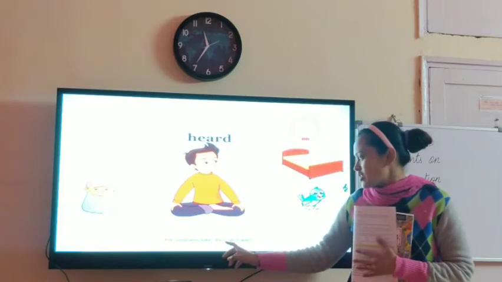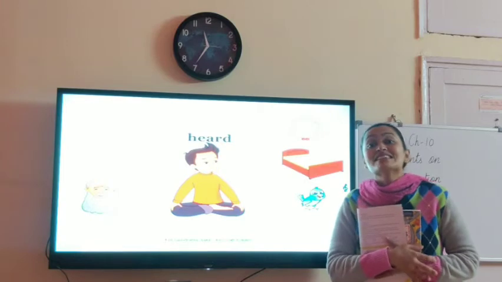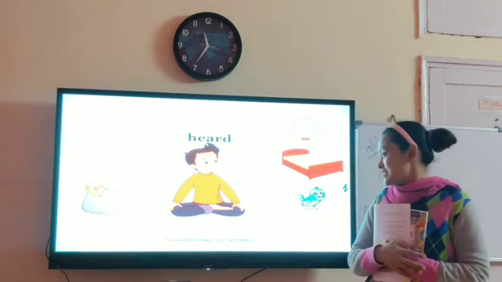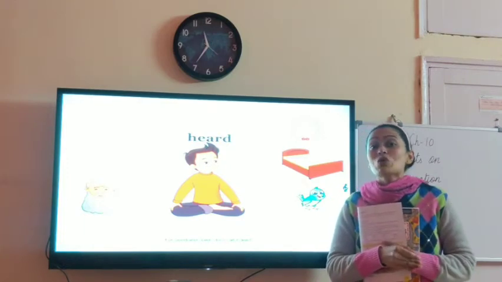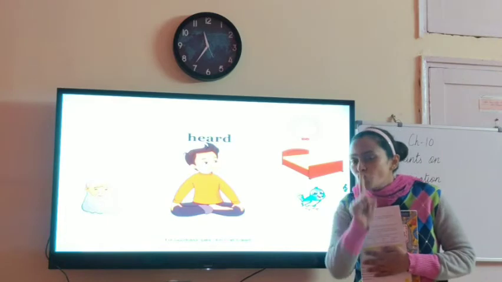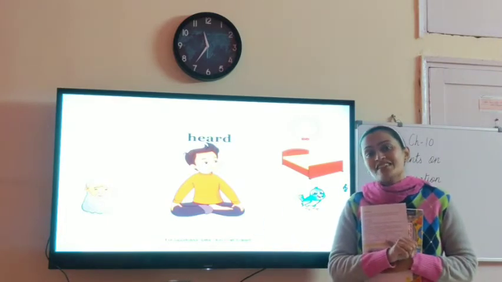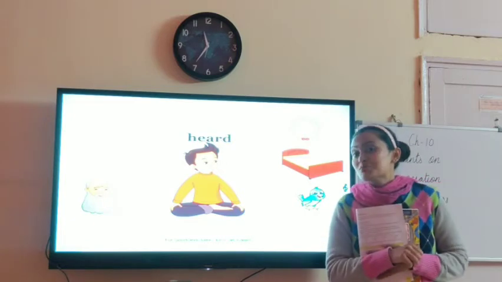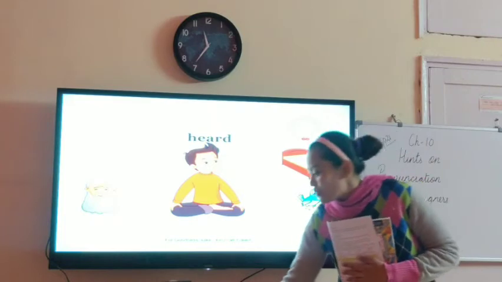For goodness sake, don't call it deed. Dead cannot be pronounced like deed. The spelling of deed is D-double-E-D. Right, children? So I want you to sit with your textbook and go through all these words, and you will see that actually there is so much meaning in all the explanations given by the poet.